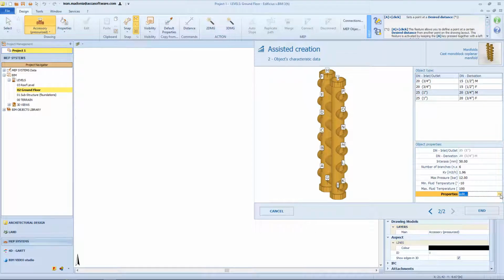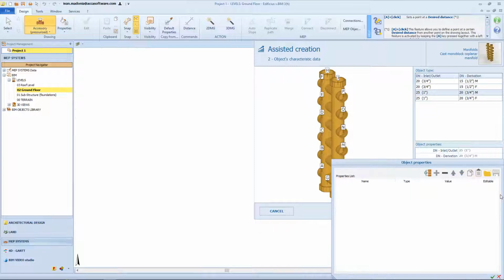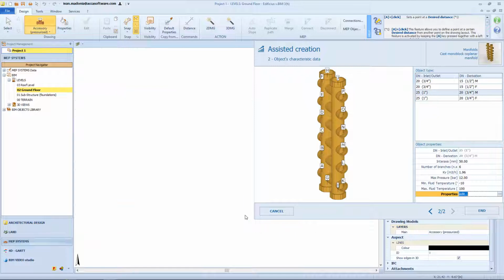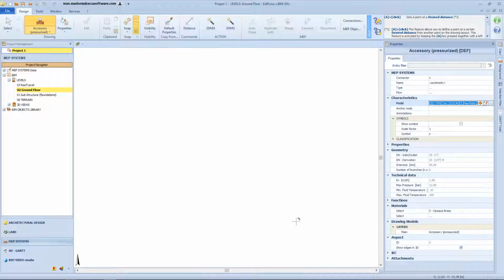You can easily edit other properties, apart from those already present, by clicking on the Properties field, then on the button with the 3 dots. Edit mode is then enabled for insertion together with the management of new object properties. Once the configuration is complete, click on the End button and the model is then created in the project library, making it available for use within the